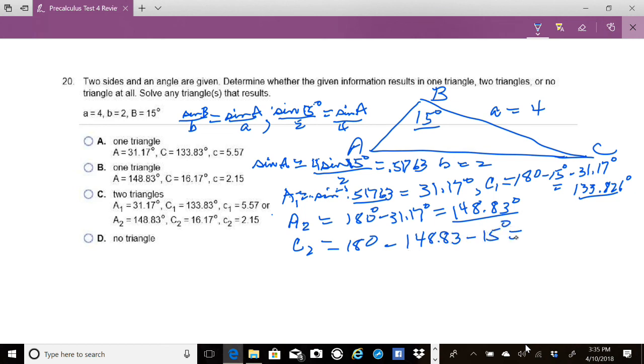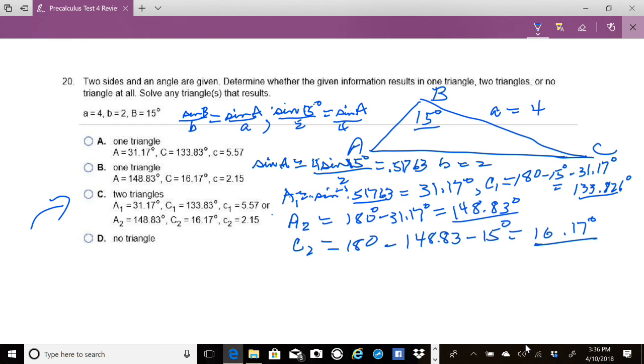And if we get a positive number, it means we're right. We've got two triangles. And sure enough, C2 is 16.17 degrees. At this point, you could go ahead and pick this because there's only one choice. It says two triangles. But to completely solve this,